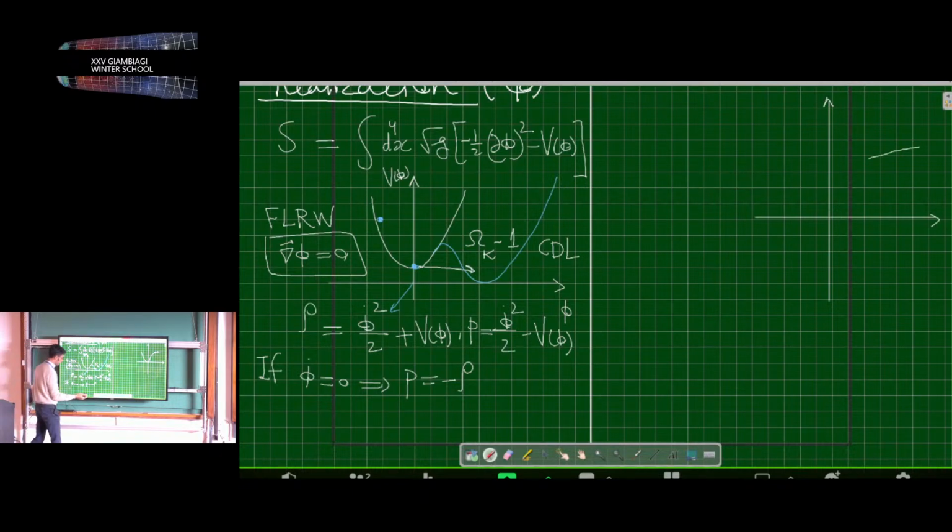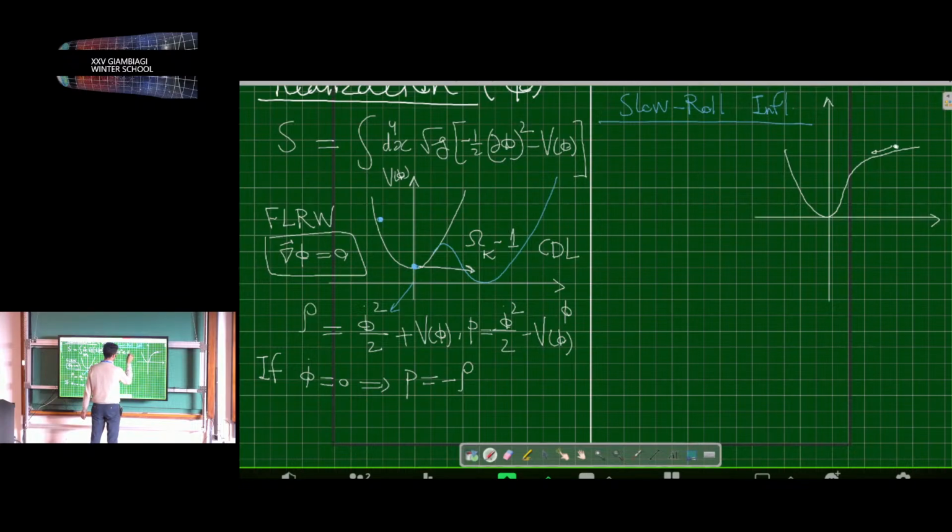However, we can have a situation in which, so this is slow roll inflation. We can have a situation in which it is slowly rolling, so phi dot is not 0, but still, if it is much smaller than the potential, w will be close to -1. So remember, we don't need w exactly -1. We just need to be close to -1, or less than -1/3, strictly speaking.